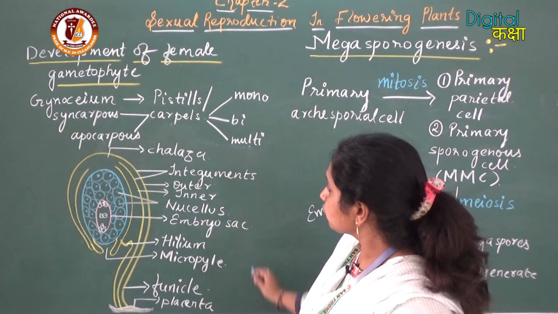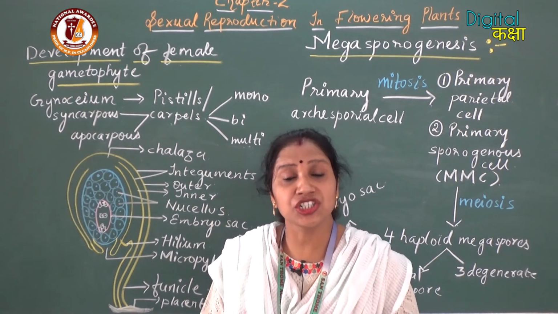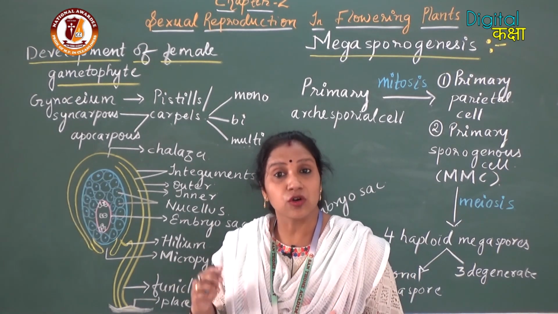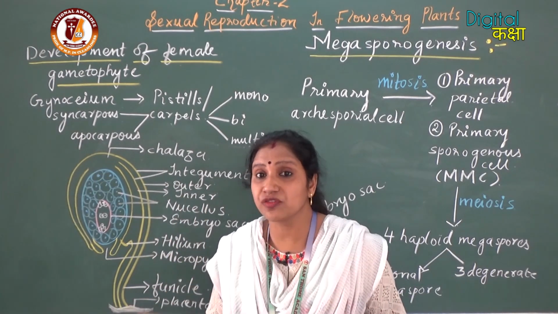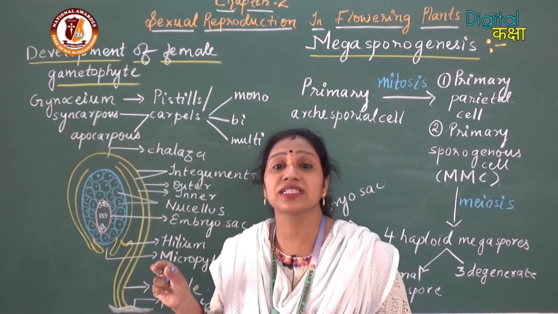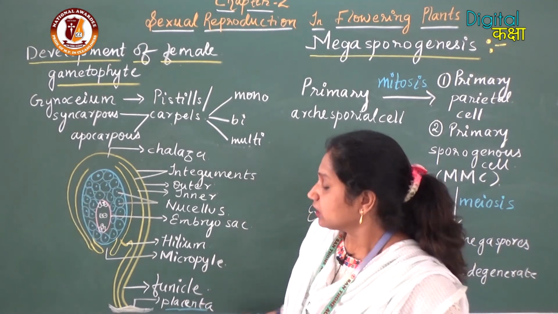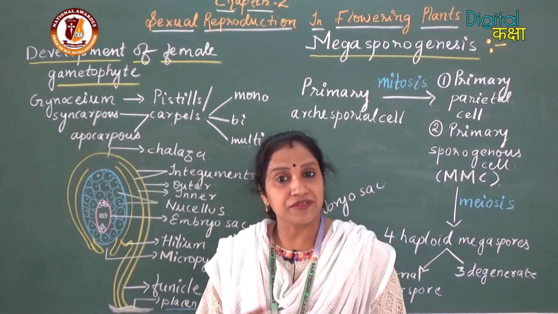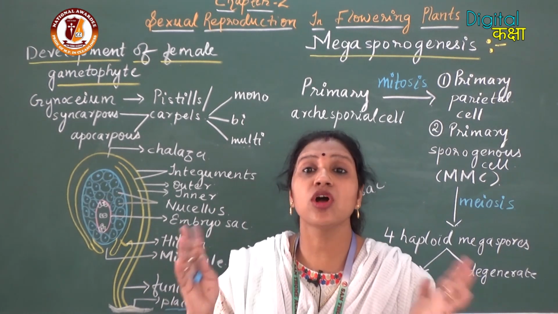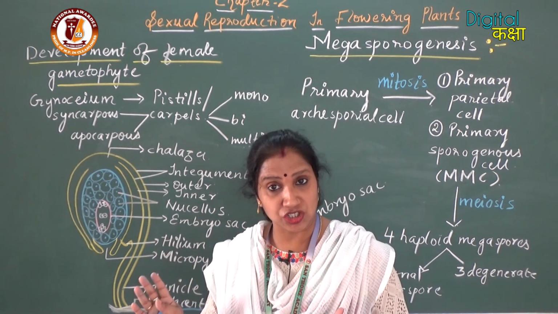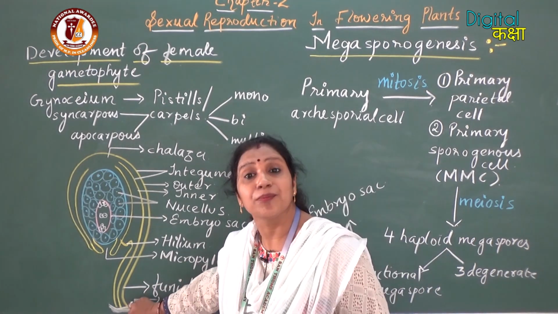Now in this anatropous ovule, we can see the structure. The ovule is attached to the wall of the ovary. That wall of the ovary, which is a very spongy cushion structure, is called the placenta. Inside the ovary, the cavity is called the ovarian cavity or locule, and the walls of the ovary are spongy cushion structures, called the placenta.